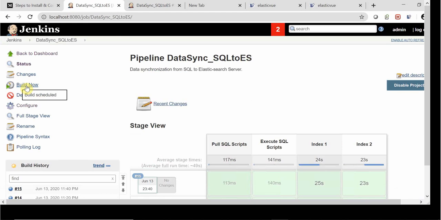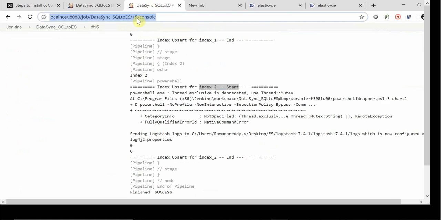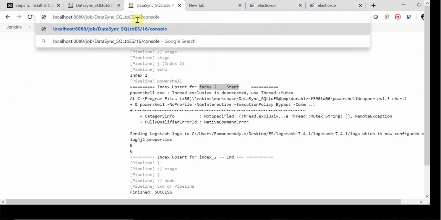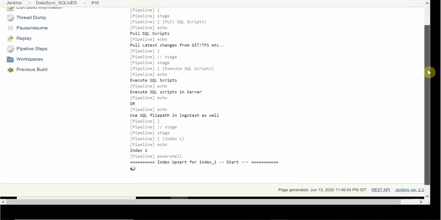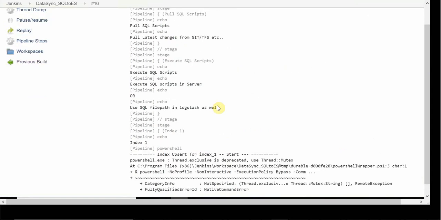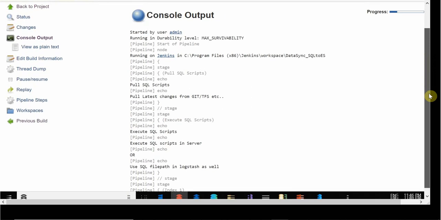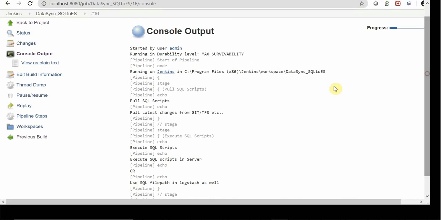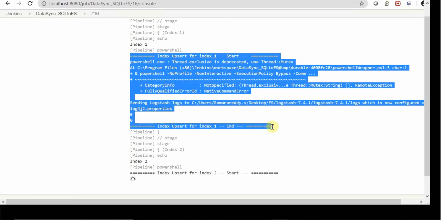Let's click on build. My build number is 16. Index 1 is created.